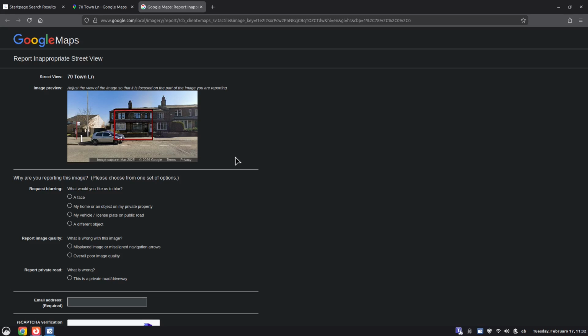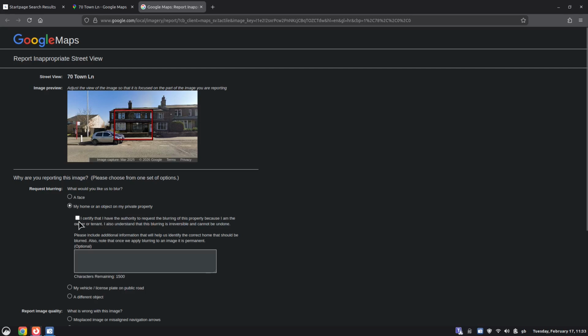Under the section where it says why are you reporting this image, you will see a few options, and you want to select "My home or an object on my private property." And then you want to select "I certify that I have the authority to request the blurring of this property because I am the owner or tenant," and I also understand that this blurring is irreversible and cannot be undone. If you've got any optional information, you can put it in here, but usually